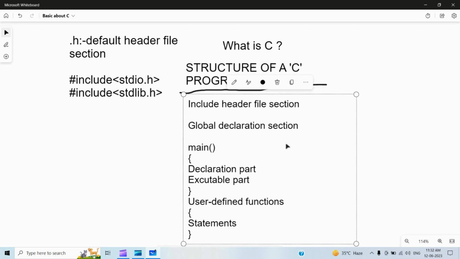When we discuss the root classes and stack dq, at that time I will tell how to declare a global variable. Okay. Then